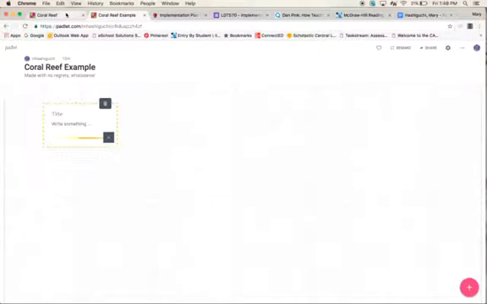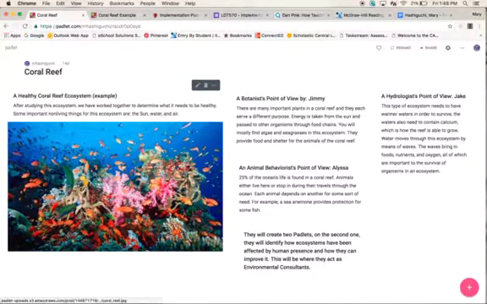And when you're done, it's going to look a little something like this. So this is what you're going to have when you finish. You're going to have a description of a healthy ecosystem, and here you can see I added the text. And then these students who I made up, they added their